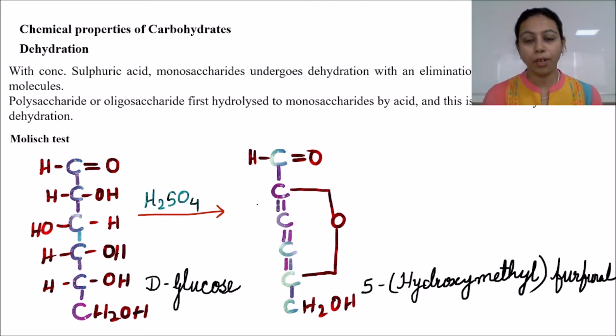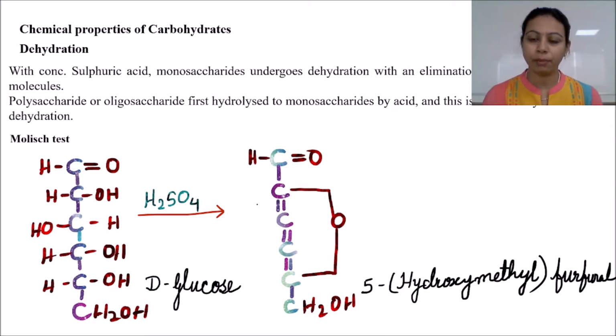So first thing is that when we read about the carbohydrate, how can we find out experimentally that the given sample is a carbohydrate or not? For that we perform the Molisch test. In this video I will be explaining the general principle of the Molisch test and the procedure behind that. This is also known as dehydration of the carbohydrates.